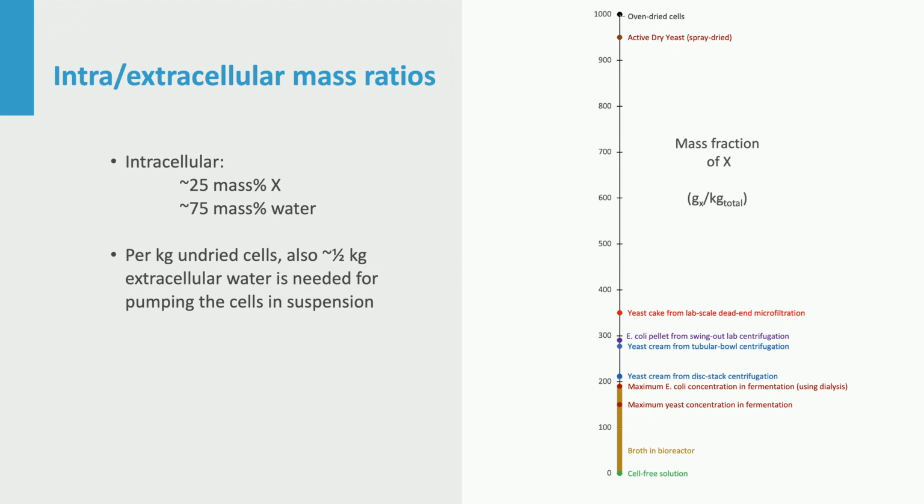Recovered wet cells on mass basis will consist of about 70% dry matter, 50% intracellular water, and 33% attached extracellular liquid. Later, this can tell us how much washing of cells may be needed.